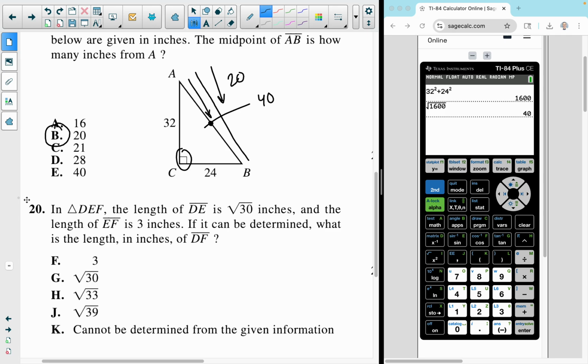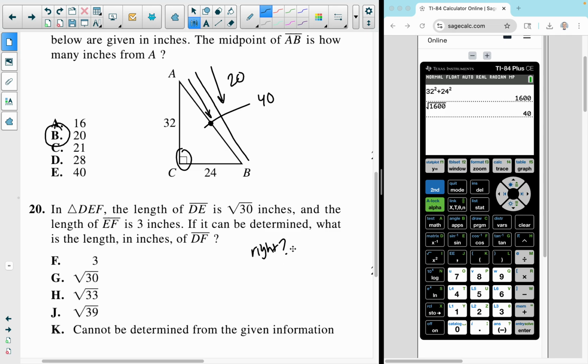On this next one, it says triangle DEF. The length of DE is square root of 30. The length of EF is 3, and if it can be determined, what is the length in inches of DF? So in the previous problem, we had a right triangle, so we could use Pythagorean theorem. But question 20 does not tell us what type of triangle this is. We don't know if it's a right triangle,